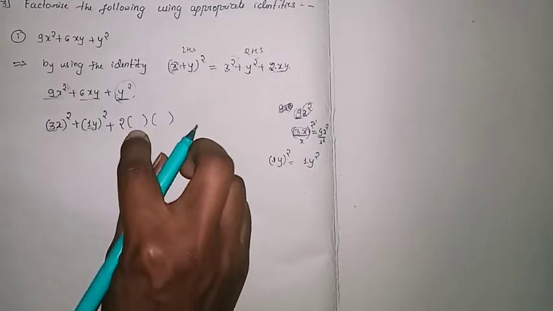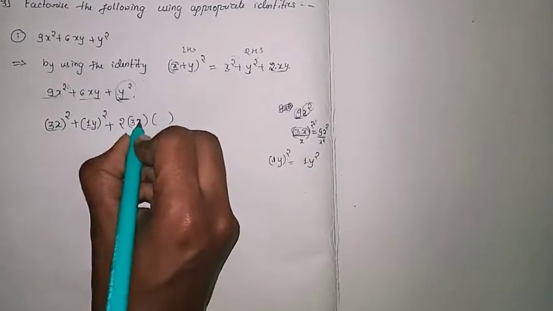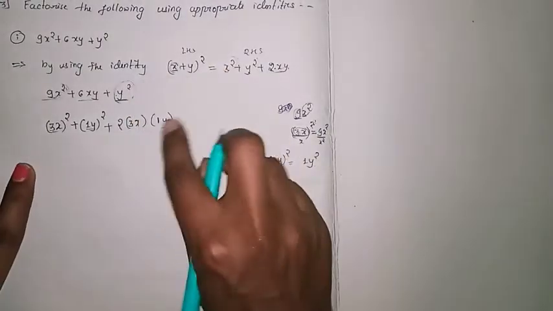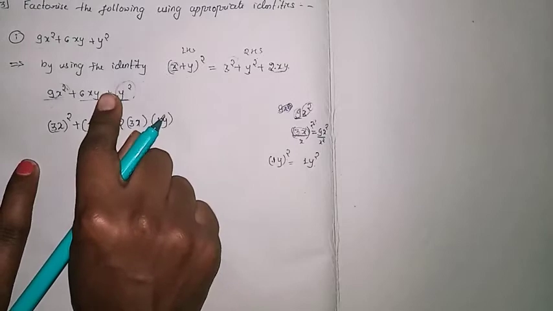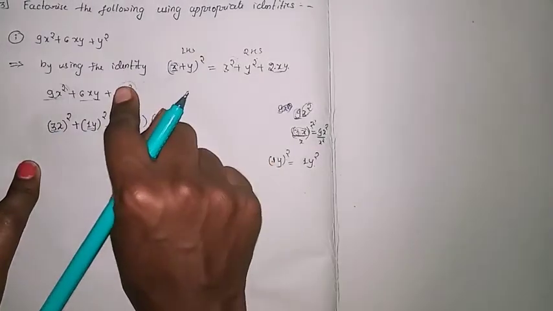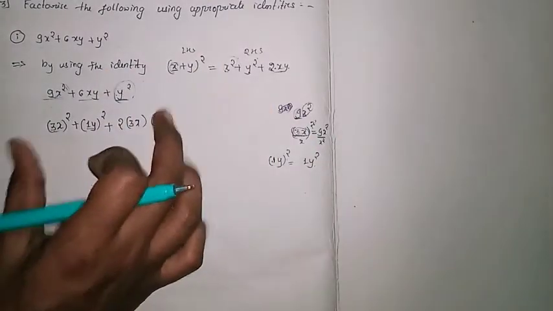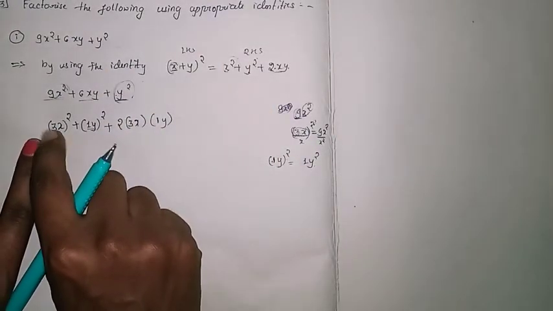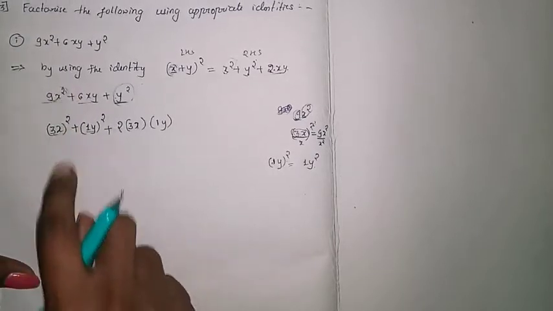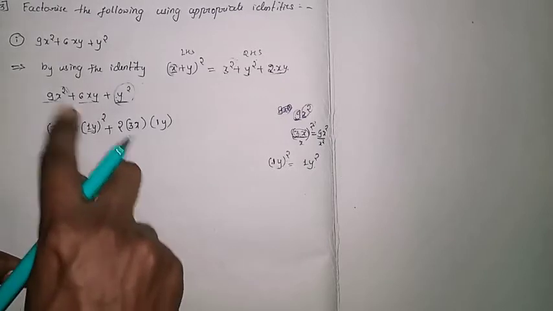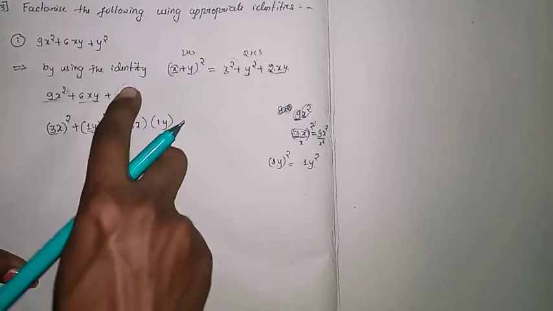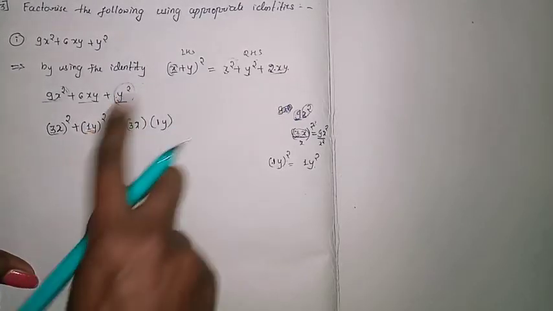So what is the x term here? We wrote that, it is 3x. What is the y term? We wrote 1y. Now once again check the equation, whether if you multiply this one, it is possible to get this. If you get this one by solving, then whatever you have adjusted is right. So here you observe (3x) square: 3 square is 9, x square is x square. So 1 square is 1, y square is y square. So (1y) square, that is y square.